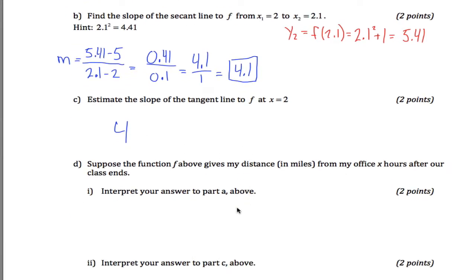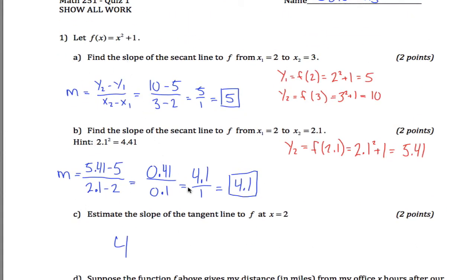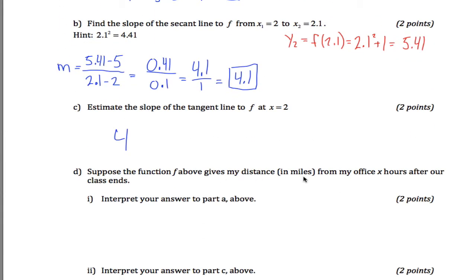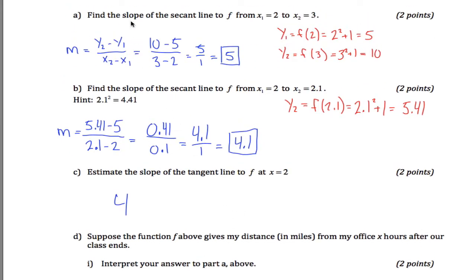You're done. Suppose the function, okay, so this is trying to put this into context. We're saying this function gives me the distance that I am from my office x hours after our class ends. So basically, if your function gives you distance, what does the secant line mean and what does the tangent line mean? If you remember, we went over this: the secant line gives you the average speed, the average velocity. So if we interpret our answer to part A, where we found the slope of the secant line from 2 to 3,